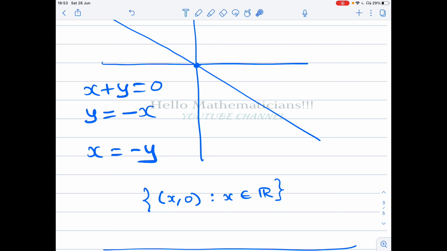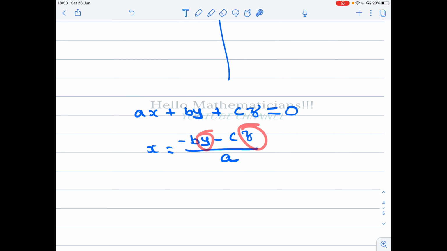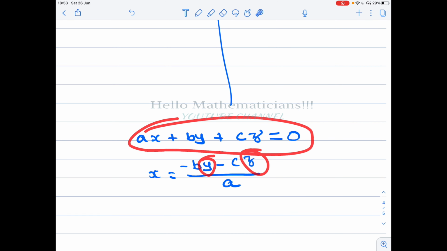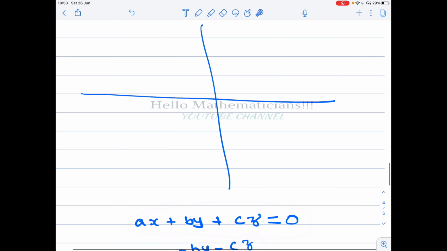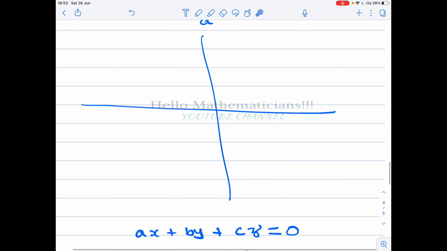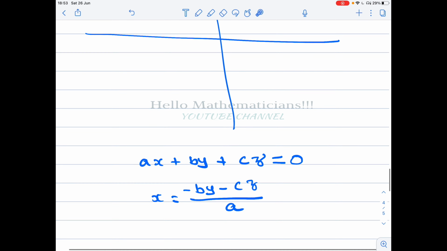Similarly, here the number of free variables is 2 and this equation represents a plane. Therefore, the number of free variables is equal to the dimension. So in any such problems, you have to look for the number of free variables. The number of free variables will be equal to the dimension.